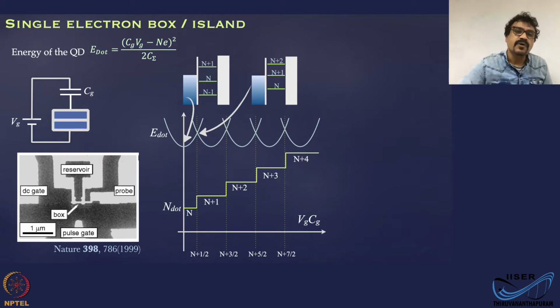A single electron box is a small conducting region which is capacitively coupled to a voltage source and also tunnel coupled to the source of electrons. This is a circuit representation. This can be coupled to two different voltage sources also, but the only point is there should be a common reference for it.